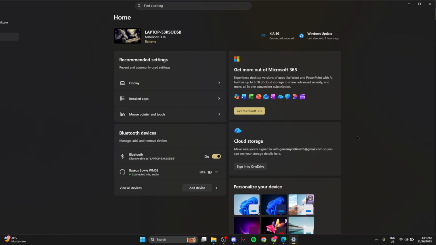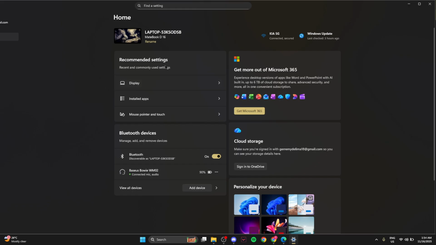First, we are going to start by opening the main settings on your Windows computer. You can do this by clicking on the Start menu located at the bottom left corner of your screen. From there, you'll see a gear icon that represents settings. Click on it, and you'll be taken to the main settings dashboard where we can make all kinds of tweaks